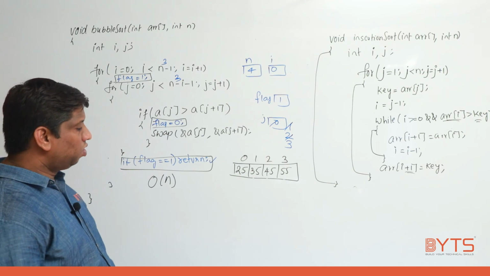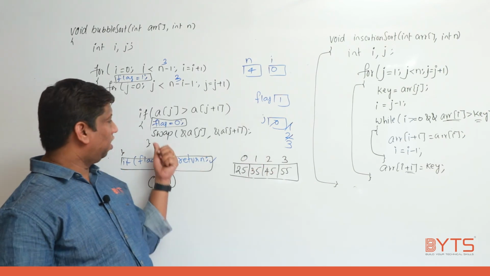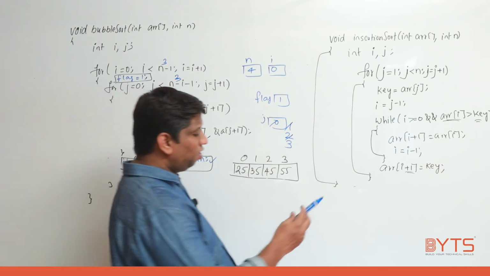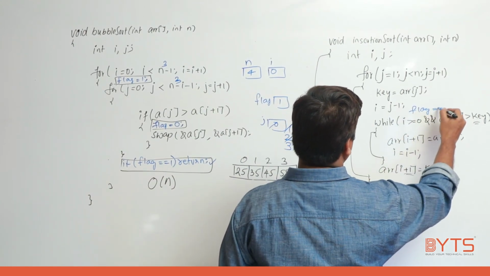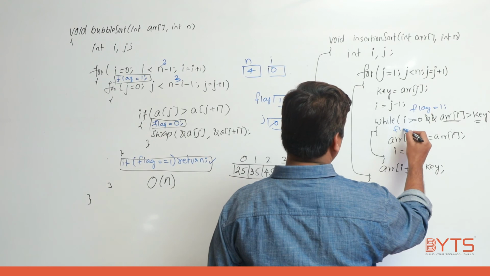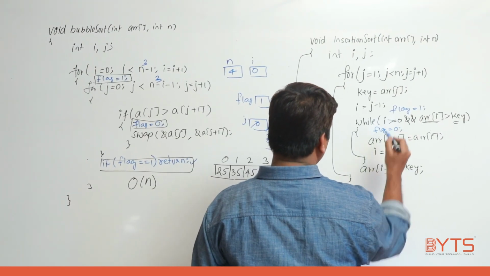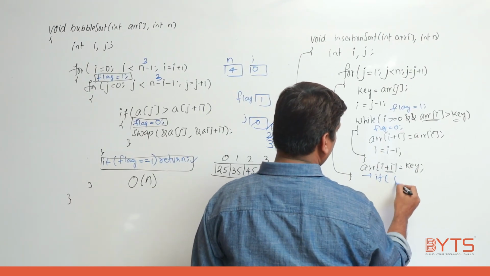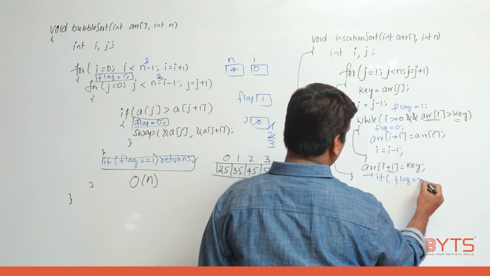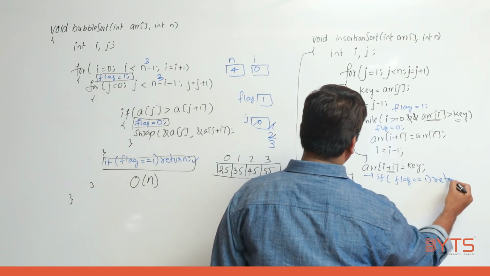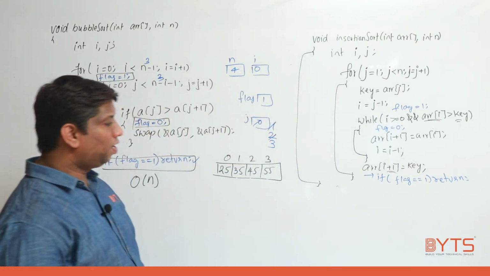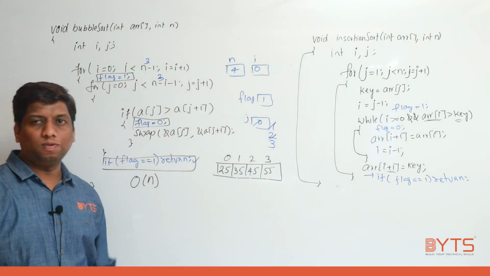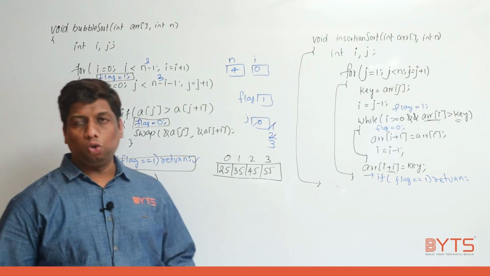Okay, fine. So even if you try to incorporate this value here, flag equal to 0, and if you write if flag equal to 1, return, this code will never work for you. Understand? This code will never work for you. So better you try to take 2 or 3 more examples and do it yourself.